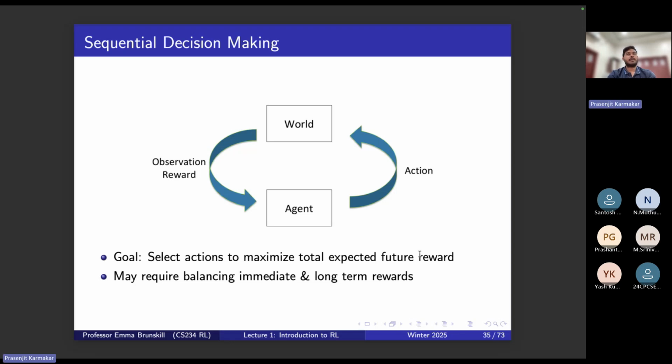Okay, so let's say you plan, and after planning you thought that this way I might lose, then you will not take that action. Instead, you take some action which will have a better expected future total reward than the action in which you lose, right? So our goal is to maximize the total expected future reward, and it may require balancing between immediate